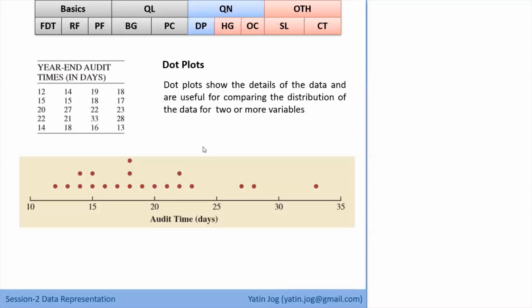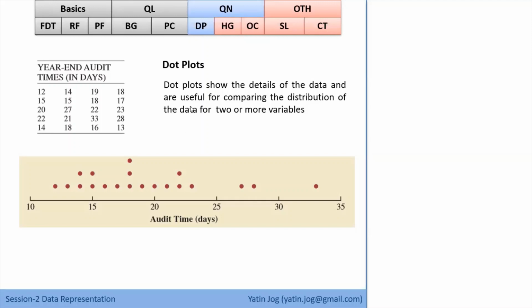Yes, so this is the way in which you can draw the dot plot. Now these dot plots can give you how many observations you have. It's a kind of representation of the frequency distribution table, but with frequencies of individual data points. But these dot plots are useful when you have a small data set, up to 40, 50, 60, 100 values. If you have 3,000, 5,000, 50,000 values, then dot plots are not a preferable option. So this is one of the methods to represent data if you have a small data set.